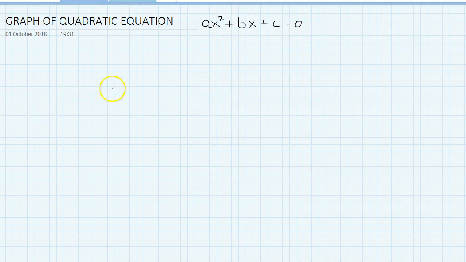Hello everybody, today we are going to learn how to make a graph of a quadratic equation. There are a few things to understand. First is,